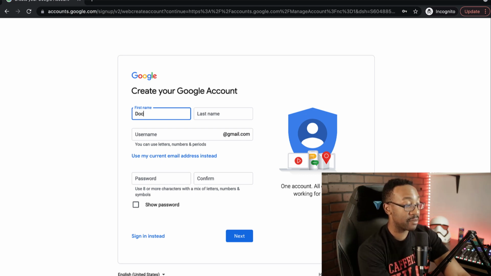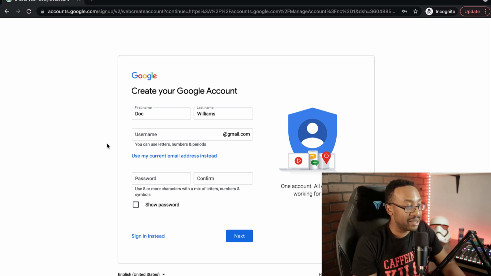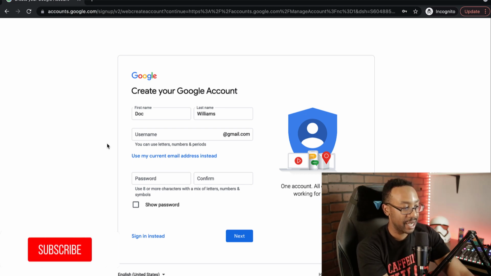Then it's going to ask me to type in a username. Now, because there's a lot of people signing up for Gmail, you're going to have to be a little bit original with this. Try to think of a name that you'll remember, but also something that perhaps has something to do with you. So you don't want to just have a random name and then you end up regretting it, or you have to say it out loud to someone and it sounds pretty bad. I'm just going to go with a very basic name.